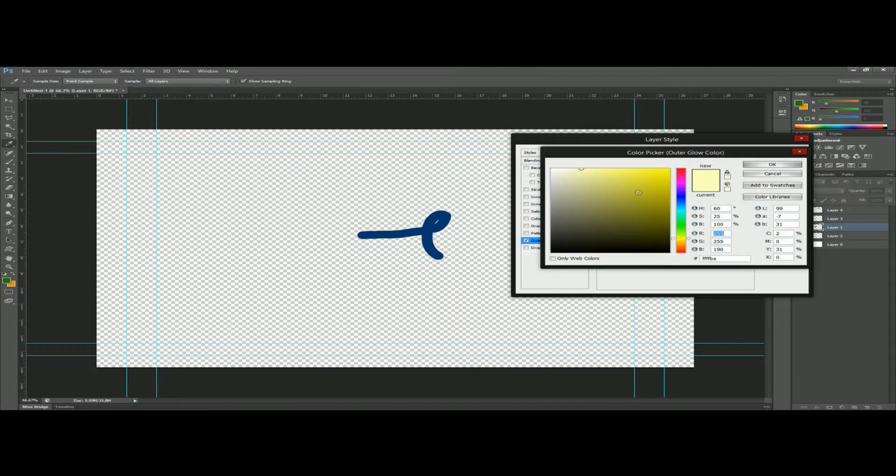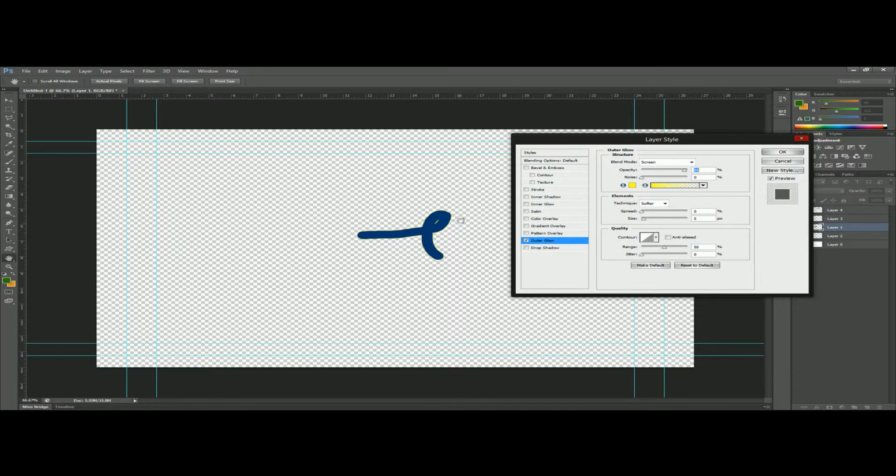Let's change it to something more obvious. You can start to see the yellow and the spread, and we can change the size to make it bigger, and then you can see the outer glow. Let's say you don't want the outer glow, so you just uncheck this, and let's say I want a stroke,